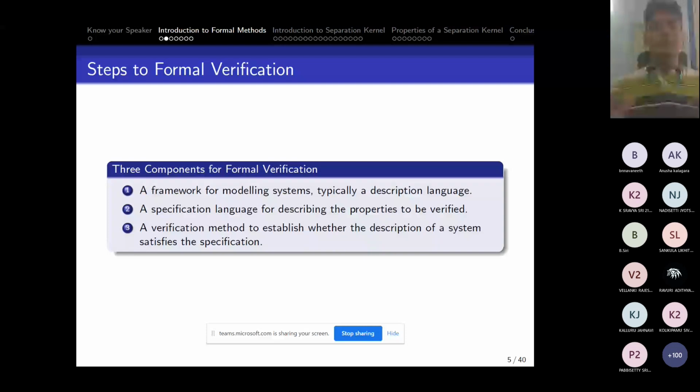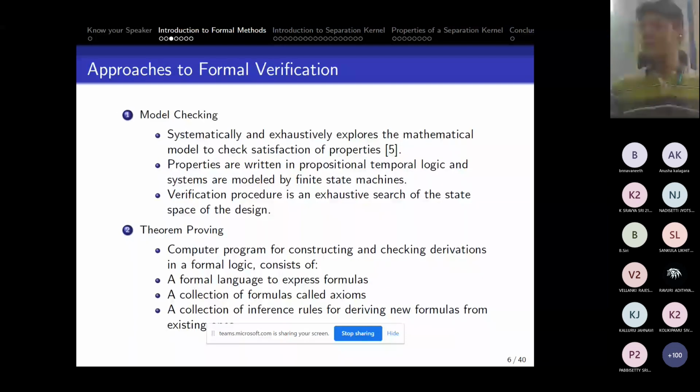So there are other different techniques of formal verification. The common one is known as model checking. So I was talking about model checking. Basically, model checking exhaustively explores all the paths of that particular model, and it is going to tell you in which particular path, for which particular input, there can be an error.